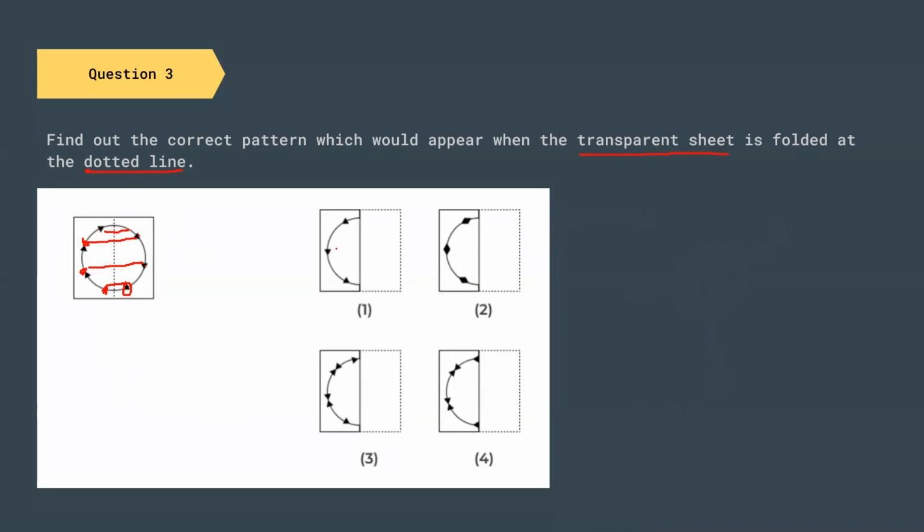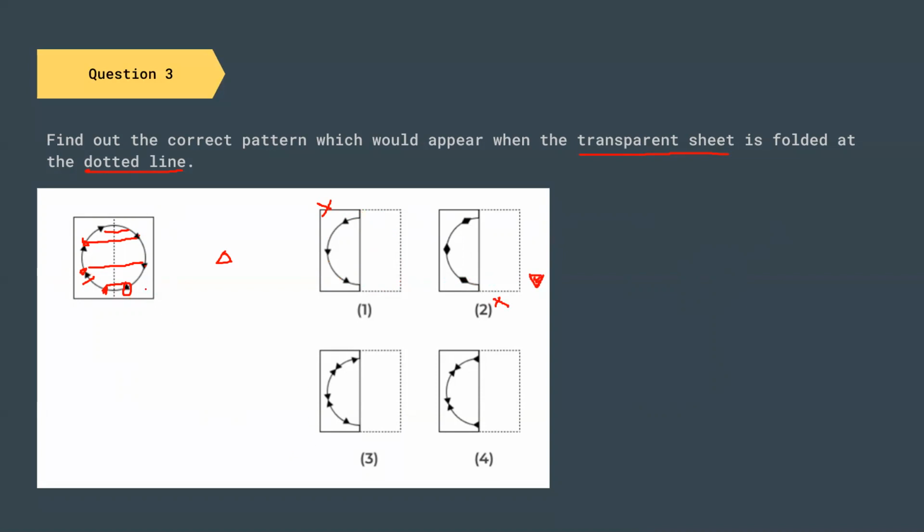So if we look into this first figure, the second half of the pattern is completely eliminated. So this is not a correct option. Now, if we go to this part, this is not possible because the translations are not correct. In here, the first triangle is like this, but in this figure, the first triangle is given in this version. So this is also wrong.